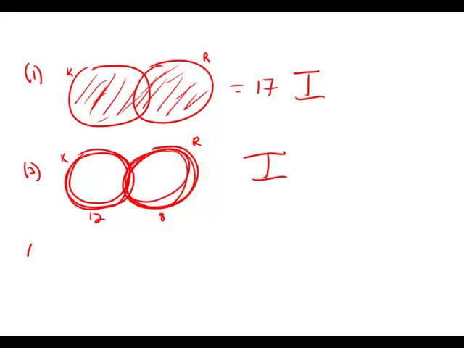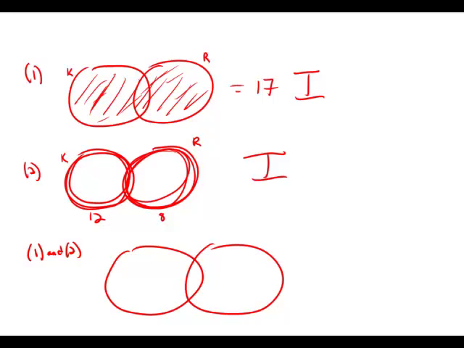Now, if we combine the two statements, statement number 1 and statement number 2, well, now it gets kind of interesting, because now we know in this K circle, we have 12 people. So there's 12 people in that whole circle. Well, that means that outside of the circle, since there's 17 total, there must be 5 in this region here, the region of R that is outside of K. And so what that would mean is that since there are 8 in R, there would be 3 here,